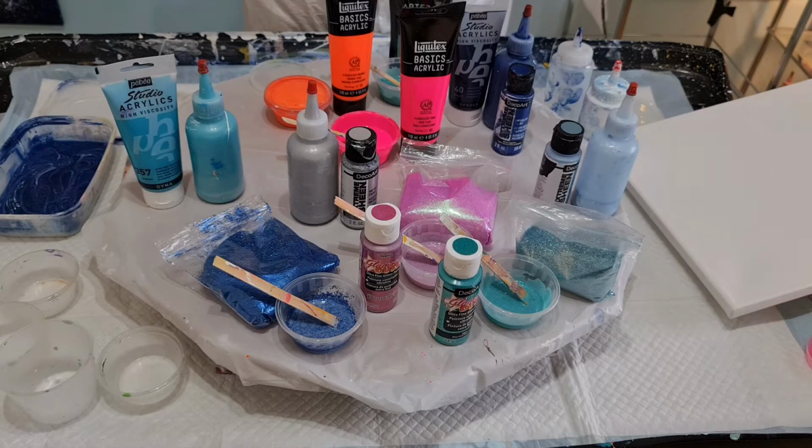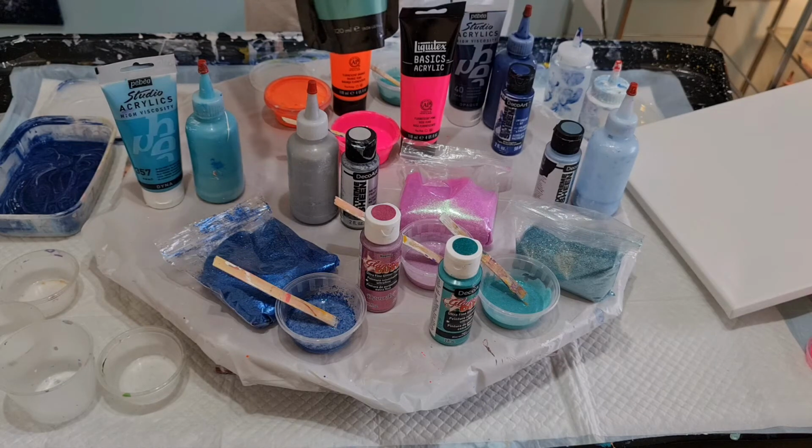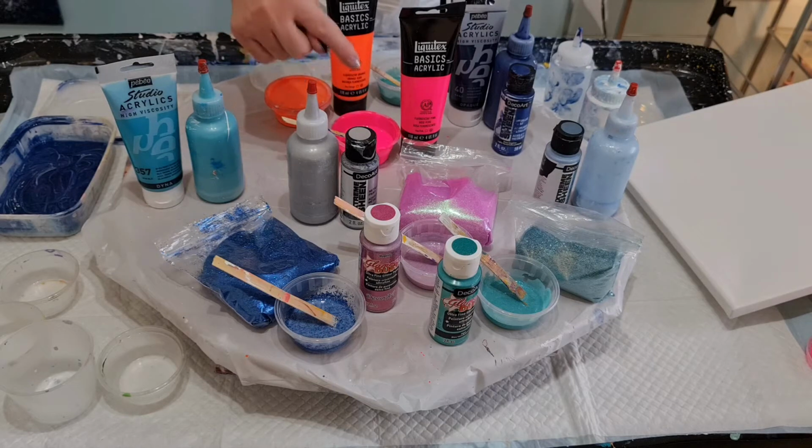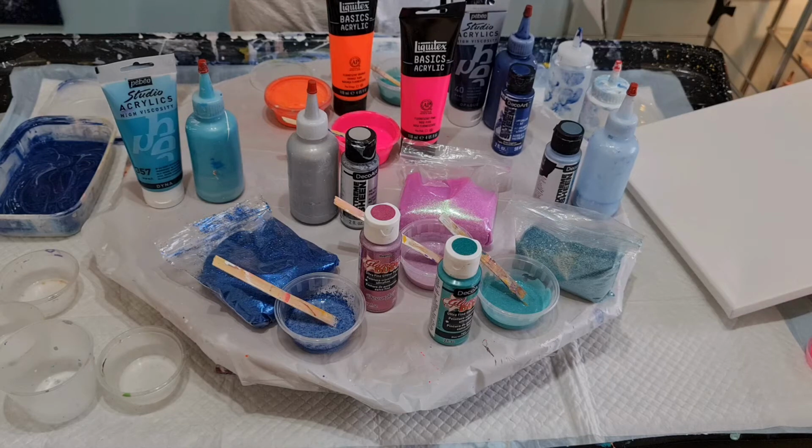One layer which will be darker, so I'll use some silver, I will use some of this nice Arteza sea green, it is pearl sea green. Very cool colours at the top, and then in the middle I want to have some white and a real flash of this neon pink and neon orange, and then at the bottom I think I will probably have a bit of a lighter bit where it will have some blue topaz and some silver,